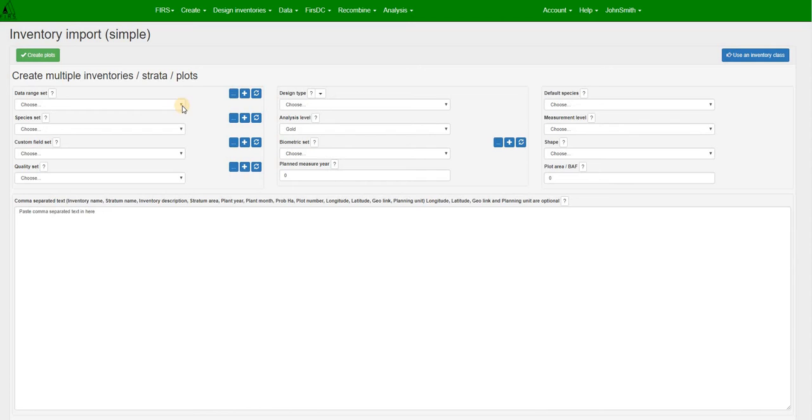Once you're in there, select your data range set, your species set, custom field set, quality set, your design type, in this case I've chosen random sample, the analysis level, biometric set, the planned measurement year,